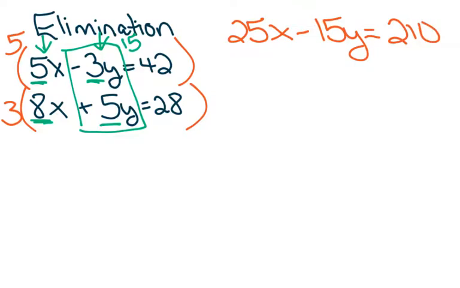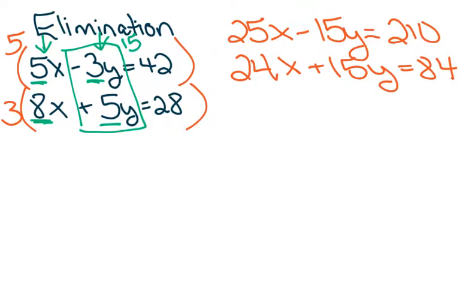All right, multiplying the second one all by 3, we would get 24x plus 15y is equal to 84. Okay? Make sure I did all my math right, just double checking myself. All right. So if I want to get rid of those y's, I'm going to add these two equations together, because if I add those two equations together, then I'm going to go ahead and get, what is that,